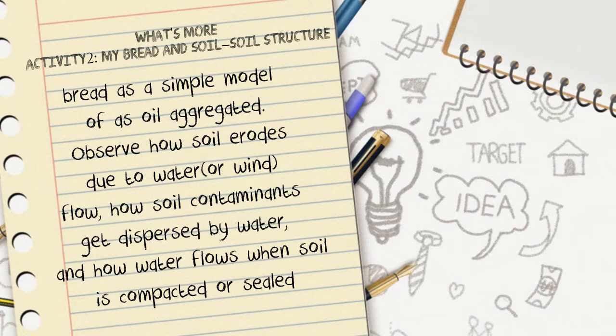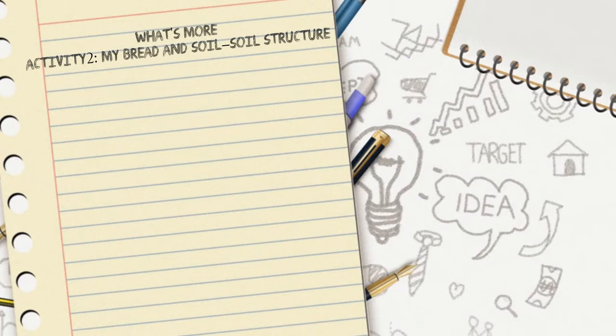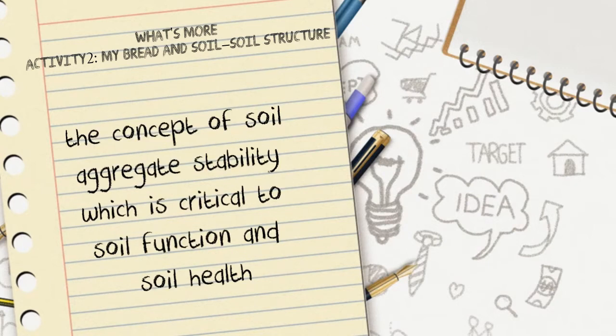Observe how soil erodes due to water or wind flow, how soil contaminants get dispersed by water, and how water flows when soil is compacted or sealed. This activity is designed to introduce the concept of soil aggregate stability, which is critical to soil function and soil